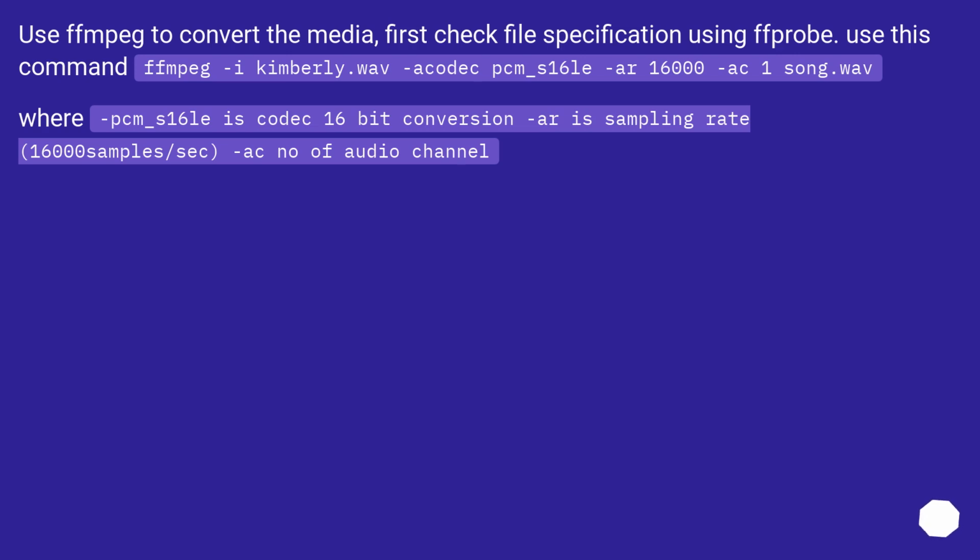Use FFmpeg to convert the media. First check the file specification using ffprobe. Use this command: ffmpeg -i song.mp3 -acodec pcm_s16le -ar 16000 -ac 1 song.wav